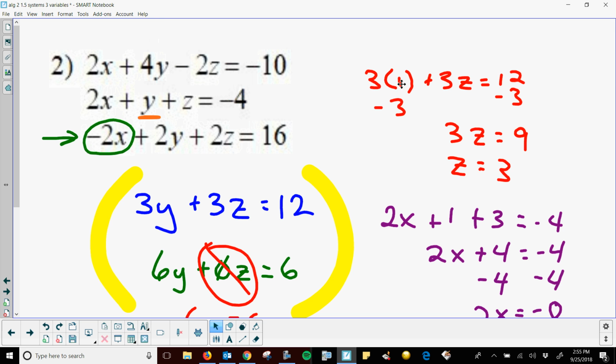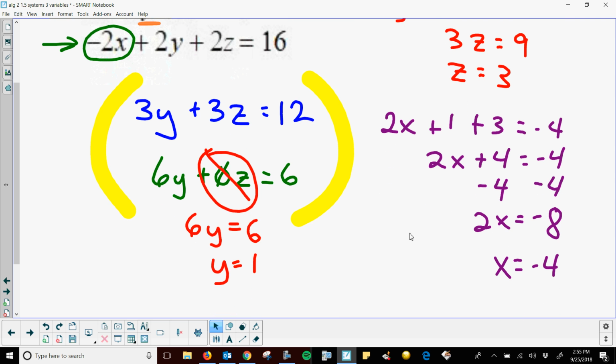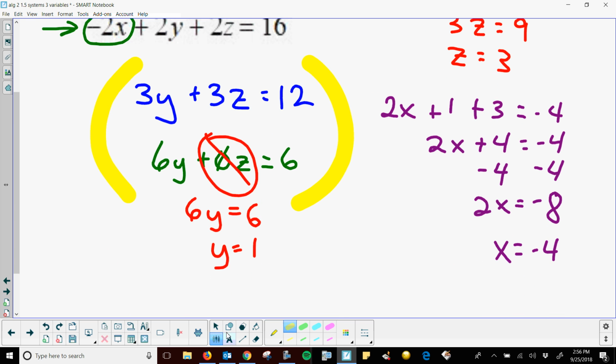And once I have both y and z, that's when I go back to my original. And we actually chose this middle one because y and z were already by itself. A little bit less work. Here in purple to find x. And again, I might be going fast. Just pause. Everything's color-coded. Oh, and I didn't finish this one. 7th hour. Catch me slipping. -4, 1,